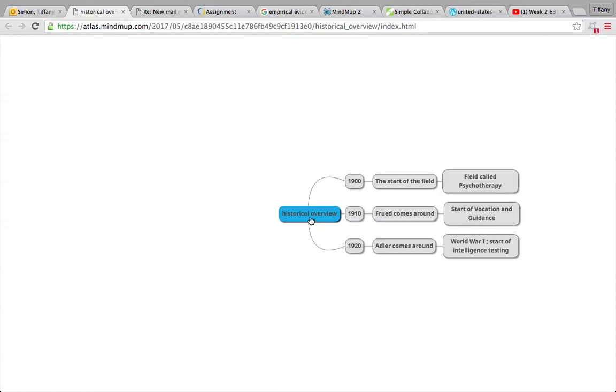So I had the historical overview, and then I started to branch out the different years. And as I continued, it's going to create a timeline. But I give the years, some of the key figures that were part of it, and some of the information and activities that were taking place during that time. So this is one tool that you can use.